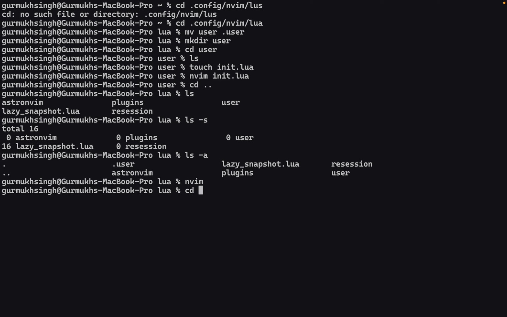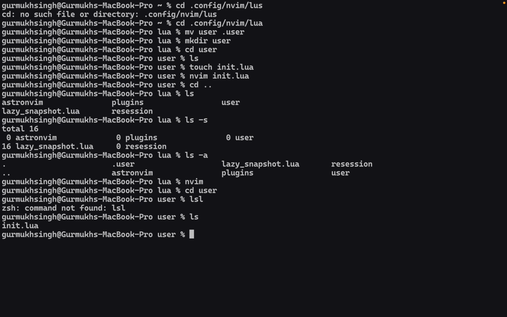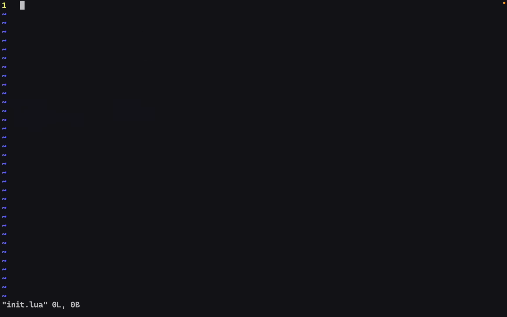So head back to user, ls. Yeah, we have our init.lua. So for now we'll just vim init.lua, and inside of it we'll return all the values we want for different things. So first of all, we would install Monokai to be used as a theme for Neovim. So first of all, we will return